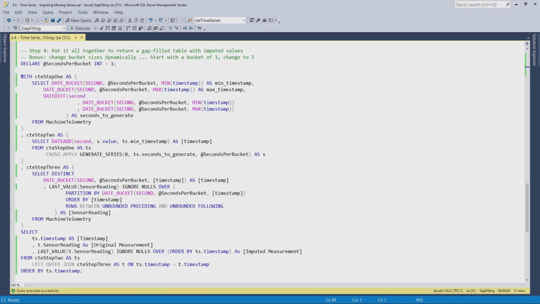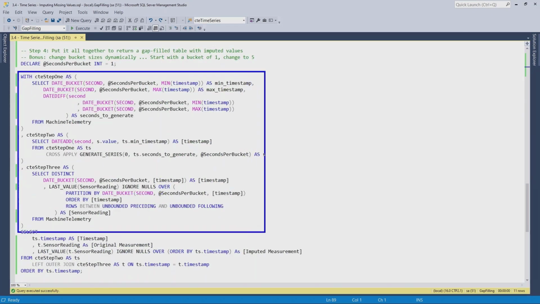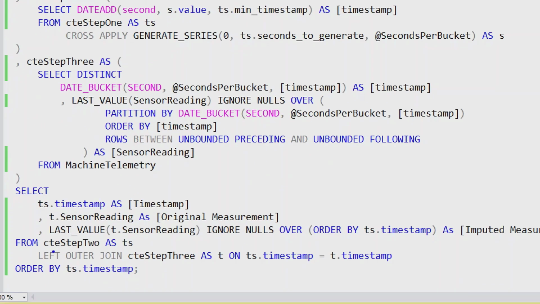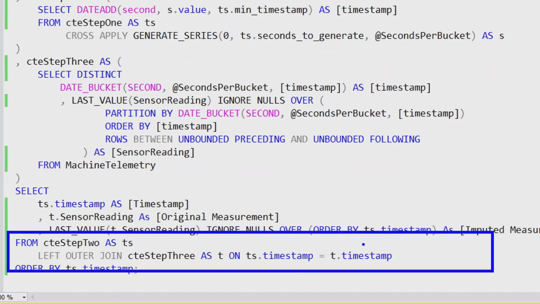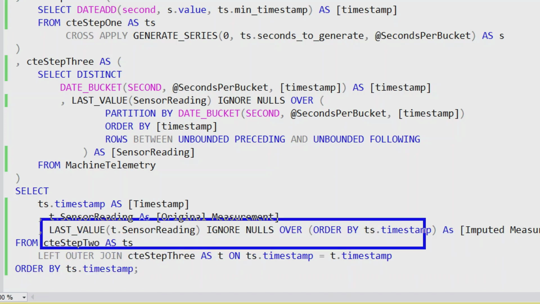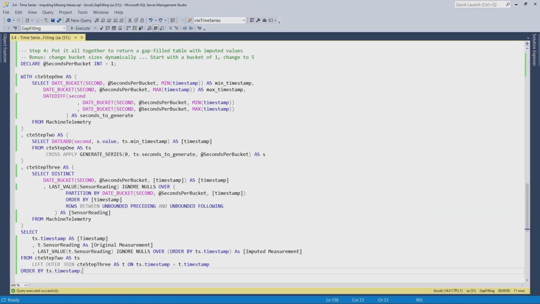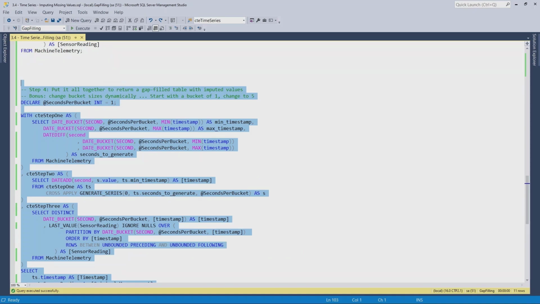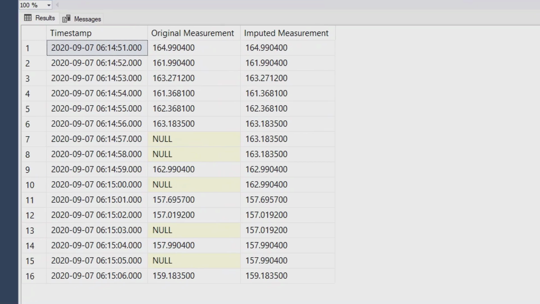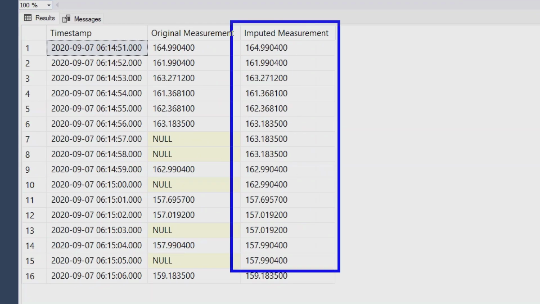I'll take steps 1 through 3 and put them into common table expressions. Then I'll use the contiguous set of timestamps from step 2 with a left outer join to the values from step 3 and last value one more time to impute the sensor values for each gap by returning the last non-null sensor value. The end result is a contiguous set of timestamps